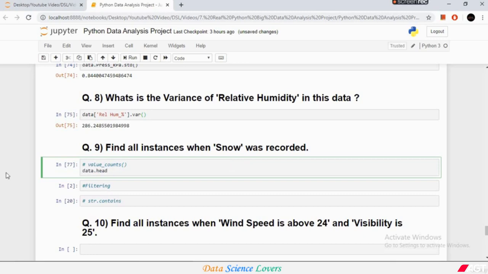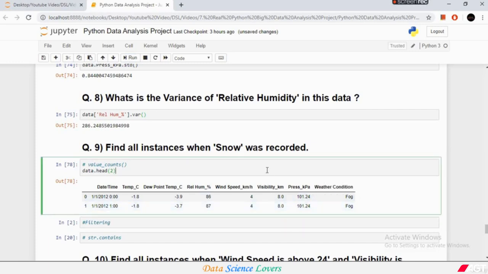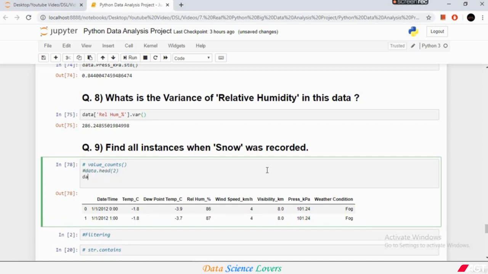Use this command. First of all, we will have a look at our data frame. This is our data frame, and as we renamed the column as weather condition, we will write the weather condition every time in our next commands. So we will use this column name,